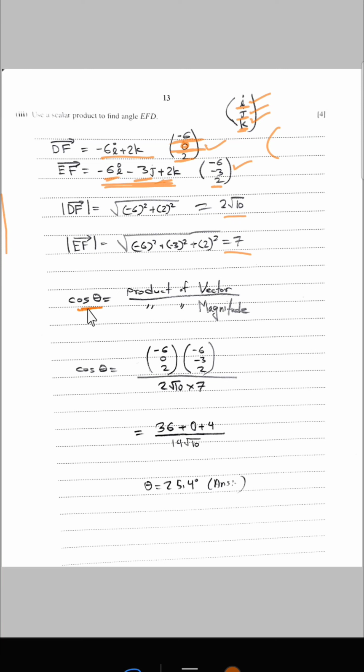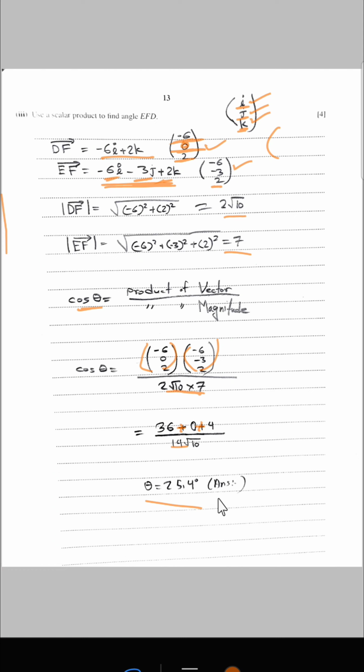Then cos theta would be the product of the vectors divided by the product of the magnitudes. So we take the dot product of the vectors and the product of the magnitudes, then divide, to find the value of theta, that is 25.4